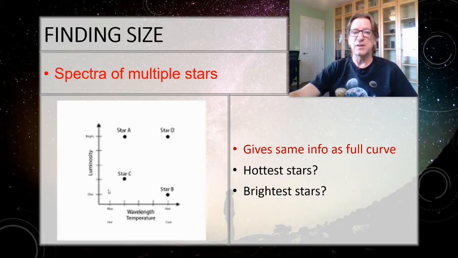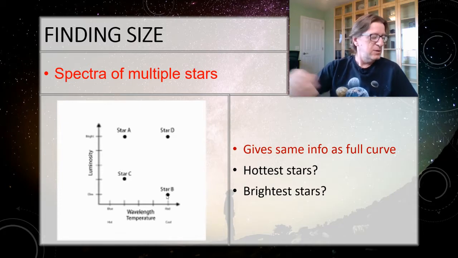It turns out that if I draw lines going down diagonally like this, those are lines of constant size. It says circle the only 2 stars that could be the same size. Well, those are the ones that lie on that diagonal line. So star A and star B must be the same size. Go all the way back to the first slide, the first problem we compared. Now you should be able to see why star A and star B are the same. Okay.